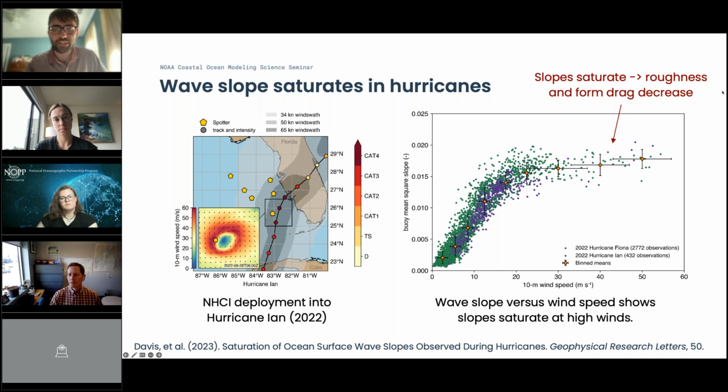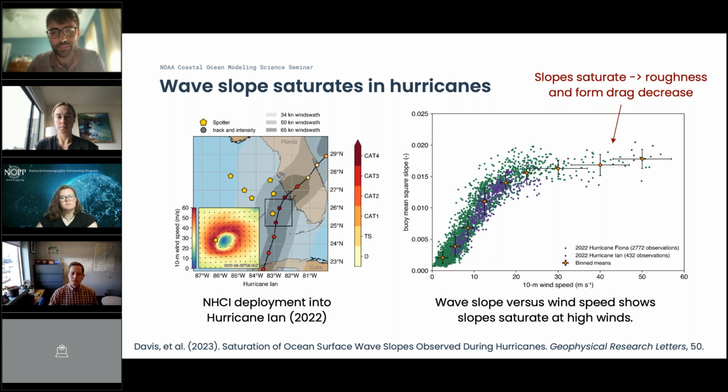And so what we've done is we've taken that wave buoy data. In this case, we've calculated the mean square slope, which can be derived from the fourth moment of the spectrum in the case of a frequency spectrum. And on the right-hand side, I've plotted the mean square slope as measured by the buoys versus the 10-meter wind speed from the model. And what we find is that in wind speeds of less than 20 meters per second,